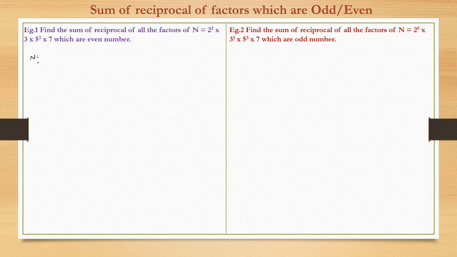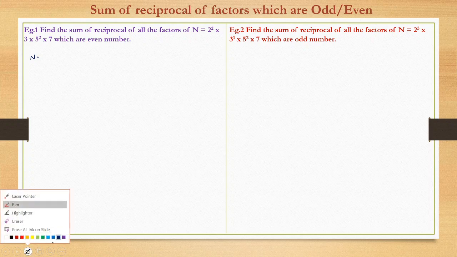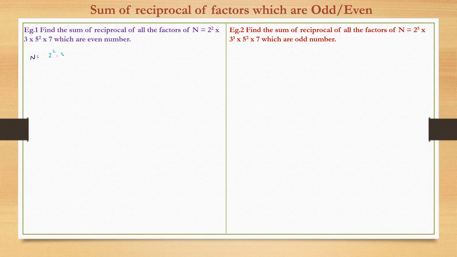Here n is 2 square into 3 into 5 square into 7. Now the question is to find the sum of the reciprocals of all such factors which are even numbers. Had the question been just to find the sum of factors which are even numbers, not the reciprocal, I mean just the sum of the factors which are even